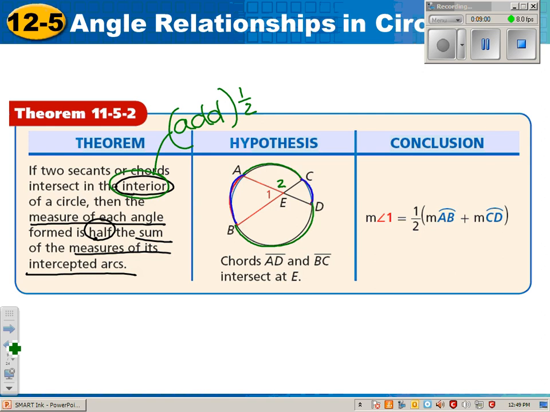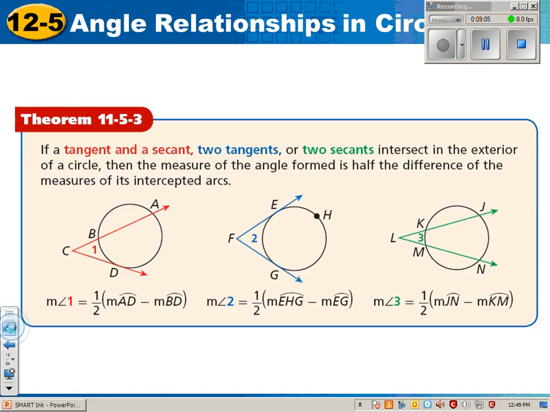Because then we're going to look at what happens if it's outside, and it's very similar. So I'm going to skip the examples and go to this one. Now notice, where are the angles on every one of those pictures? Outside the circle. Angle 1's outside, but it's made by a secant and a tangent. Where do you see that? Oh, yeah. Angle 2 is outside, but it's made up of two tangents. Angle 3 is outside, but it's made up of two secants. So it doesn't matter whether it's two secants, two tangents, or a secant and a tangent. If the angle is outside,